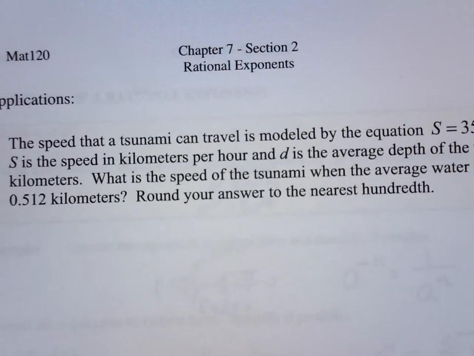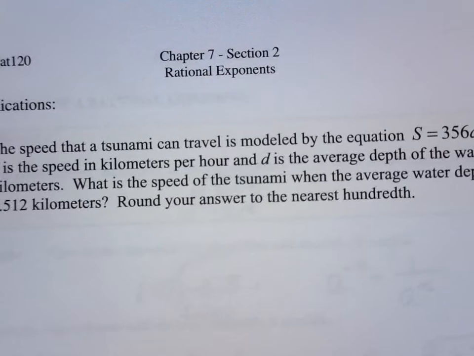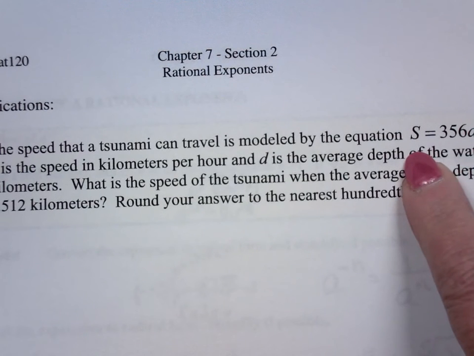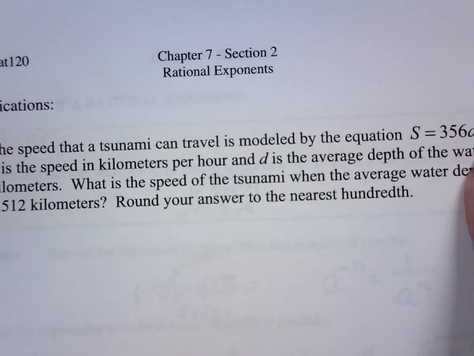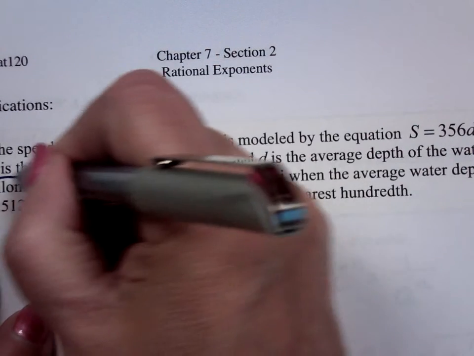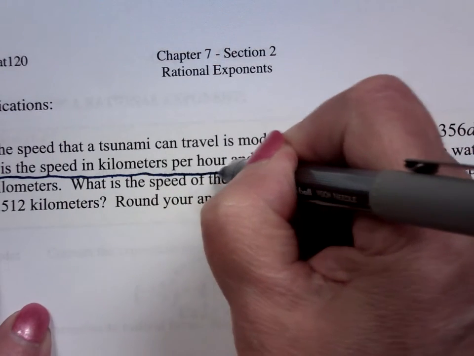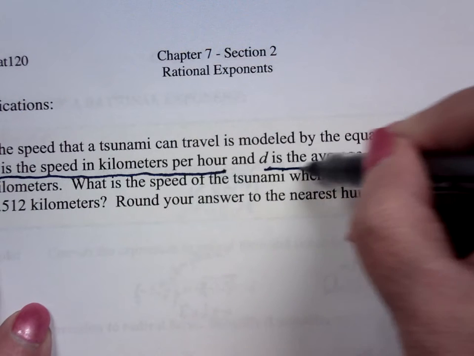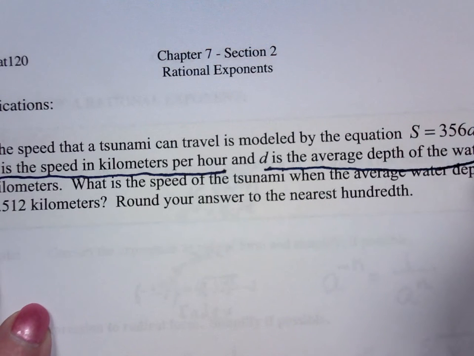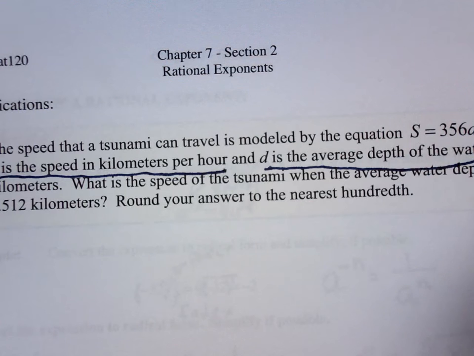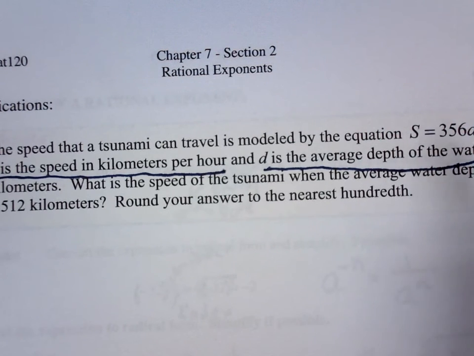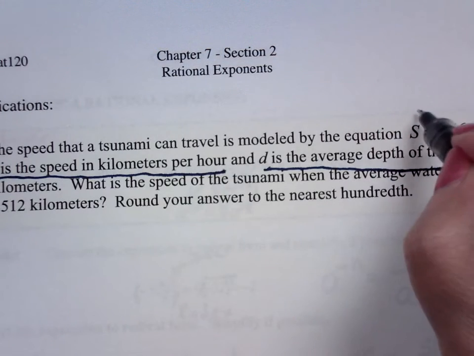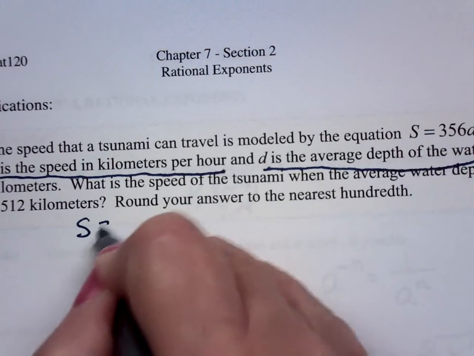The problem says the speed that a tsunami can travel is modeled by the equation S equals 356 d to the 1/2, where S is speed in kilometers per hour and D is the average depth of the water. It asks what speed, so in other words, I want to know what S equals